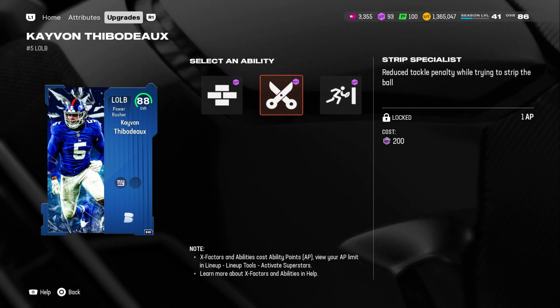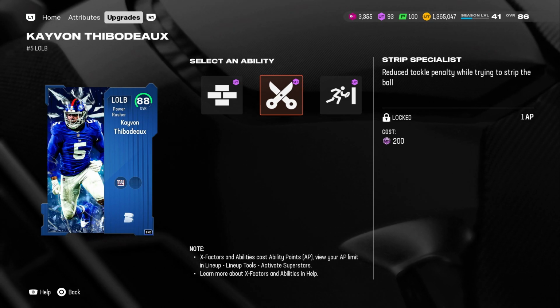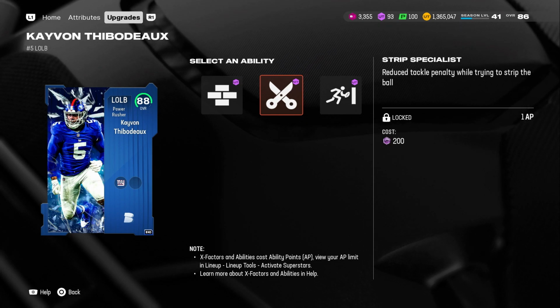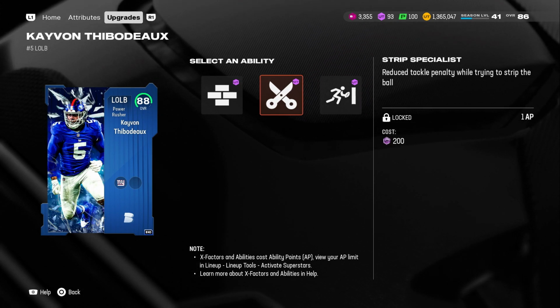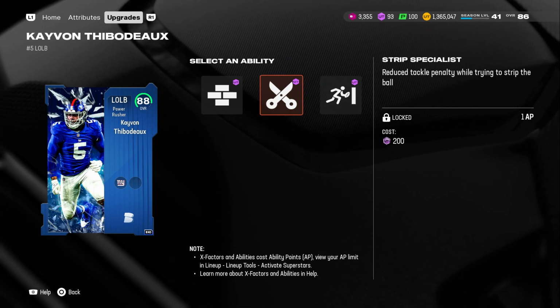And whenever you search up a player, it has a complete list of traits for those players. And if they have the strip ball, yes, this is going to be a must-have if you're sending pressure with a linebacker nonstop. So say you have a linebacker that's coming in consistently, you're going to want to put strip specialist on him if they have that strip ball trait, because you'll end up getting strip sacks, and you'll end up seeing